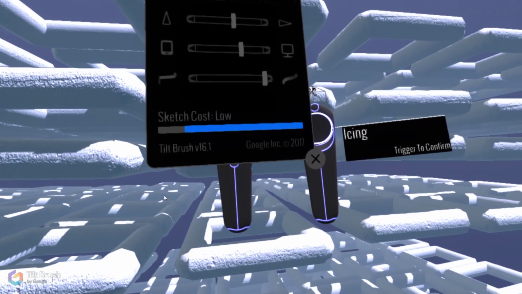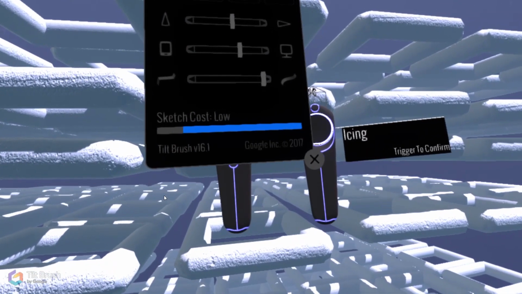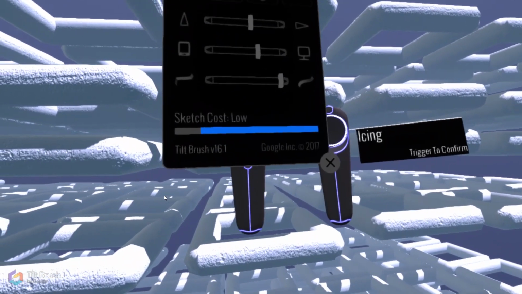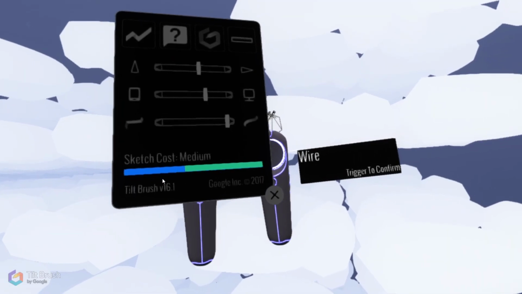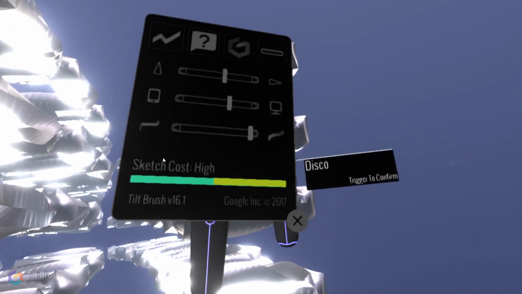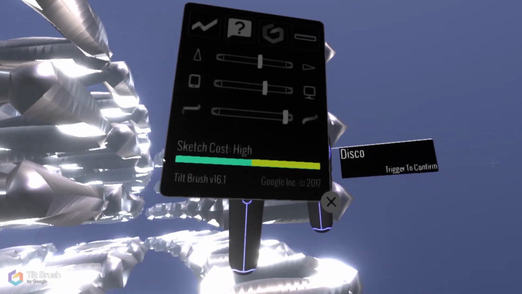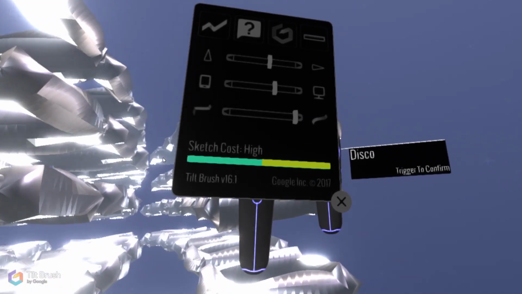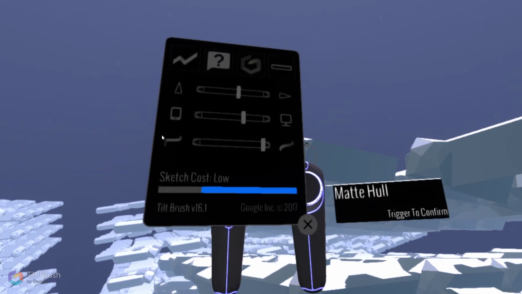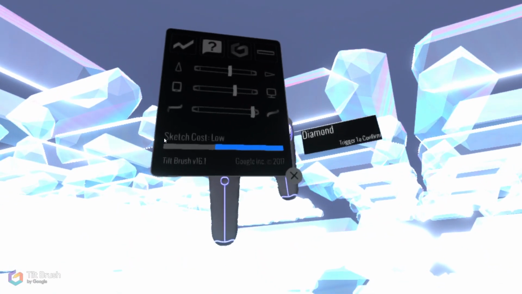Icing was actually pretty surprising because it's a 3D brush and it has a lot of texture. So I'm surprised it was in the low category. Wire was at medium. Disco was in the high category, which I would have thought would be much higher than that with all the trouble I had with it. And then the rest of the new brushes were surprisingly in the low category, being that they're all 3D brushes,